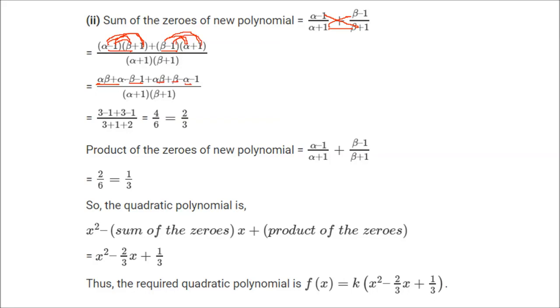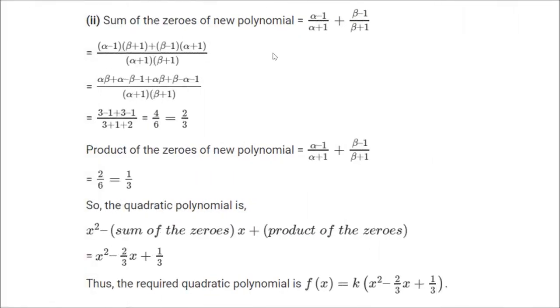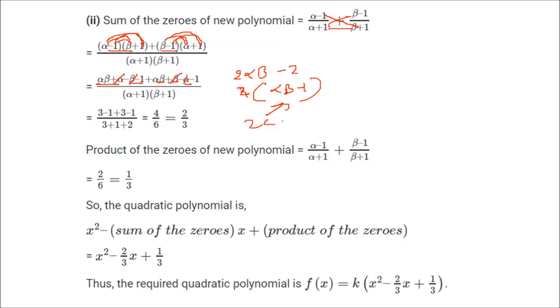So here alpha beta, there are certain things which can cancel. So alpha cancels with alpha, right? Then we have beta cancels with beta. So what do you get? Alpha beta plus alpha beta minus 1 minus 1. So you get 2 alpha beta minus 2. 2 alpha beta minus 1. This you can do. So alpha beta, just put the value. Okay. So the numerator you get here. Alpha beta is 3. So 3 is here. So 2 into 3 minus 1, that is 2 into 2, that is 4. So this is the numerator.